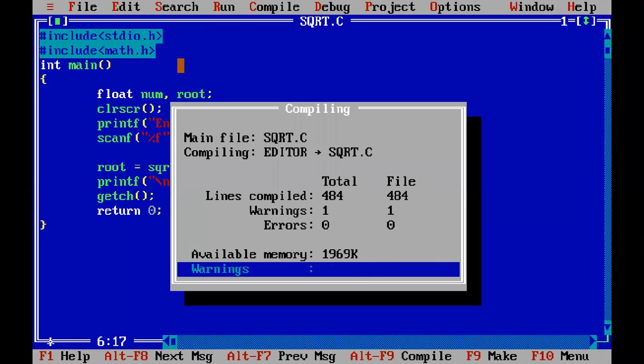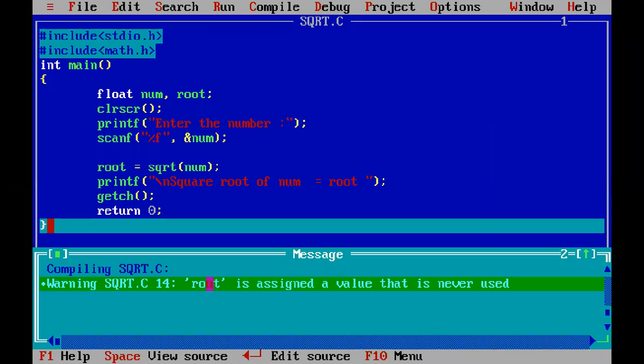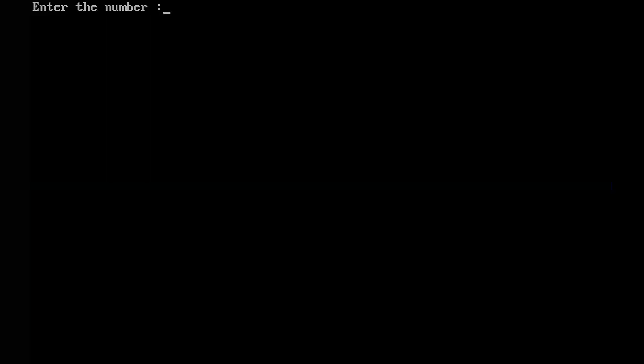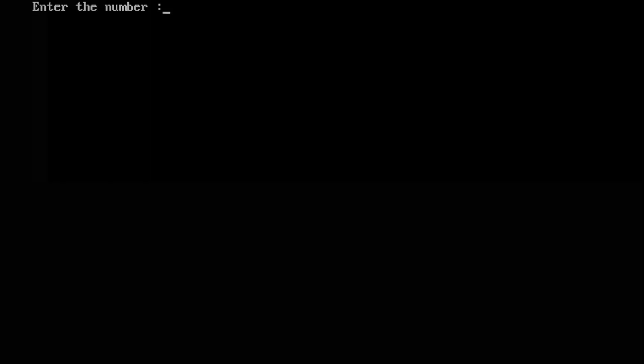Now, see, what do you get? You get an error. Why this error? It says root is assigned a value that is never used. Oh, it's a warning. Sorry, it's a warning. Okay, anyway, this is not an error, this is just a warning. So now let us check the output. See, now all the previous